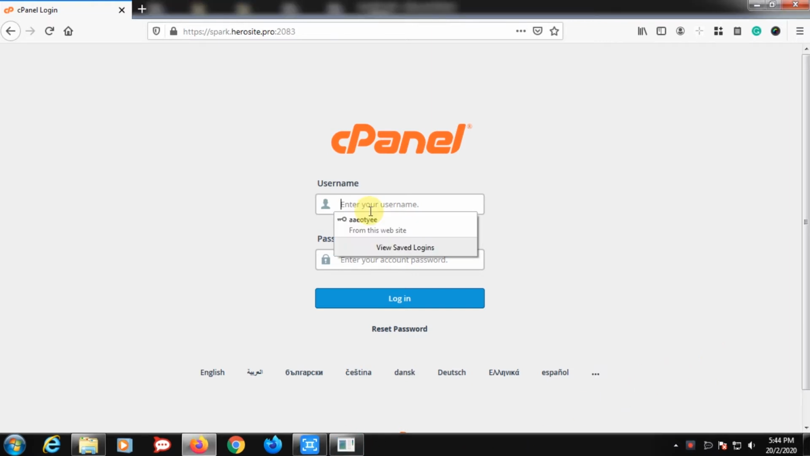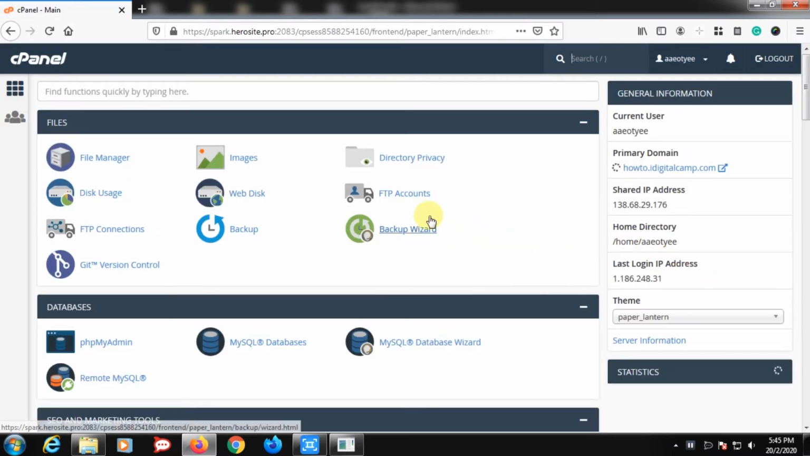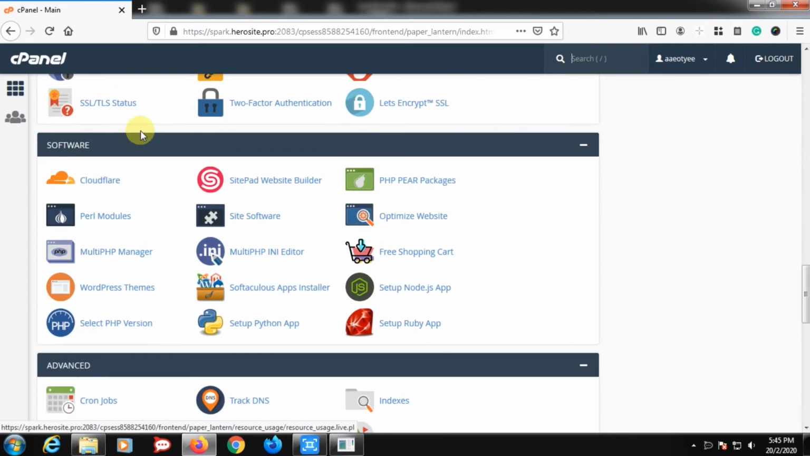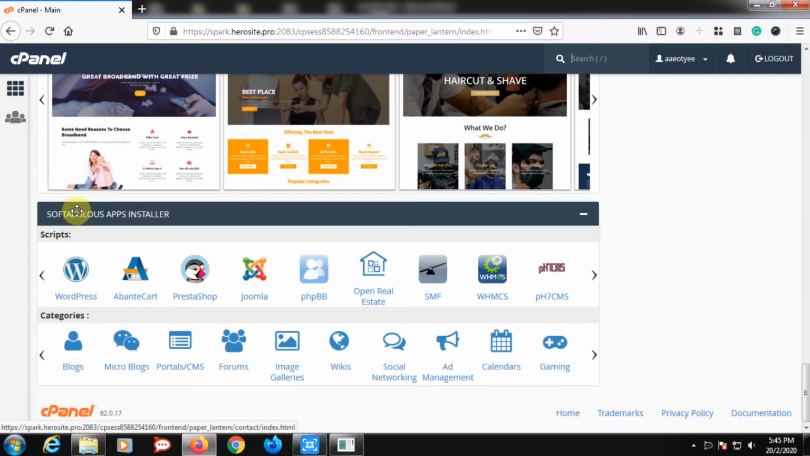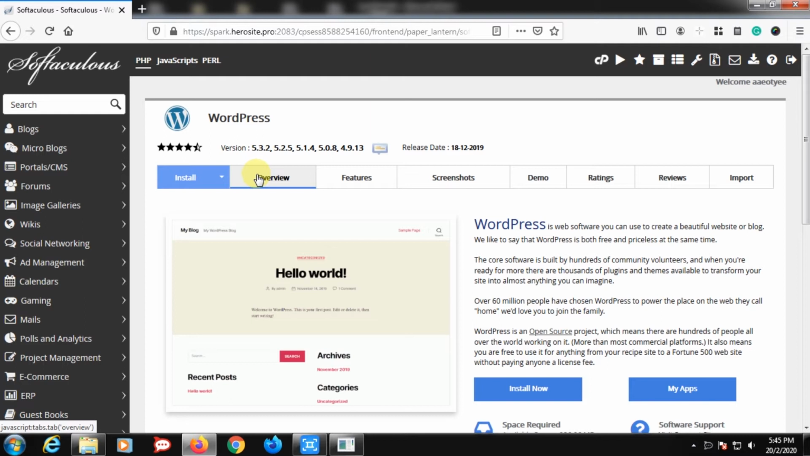First, log in to your cPanel account. Scroll down and go to Softaculous Apps Installer. Select WordPress. On the WordPress page, you can see different tabs like Overview that shows you how your blog will